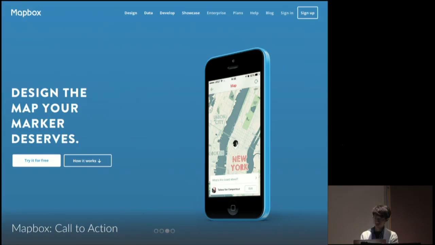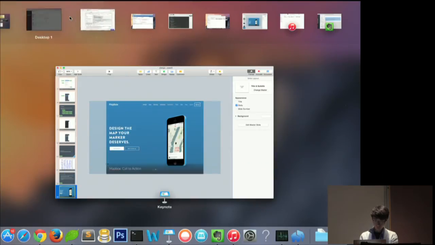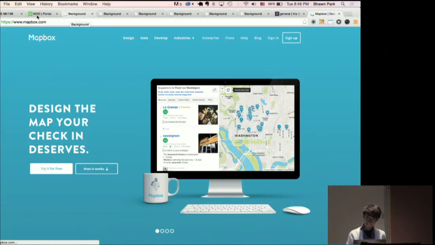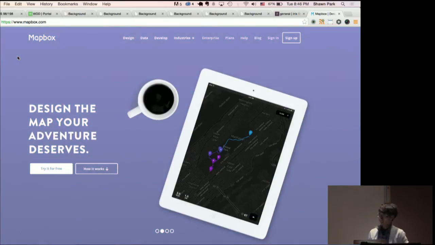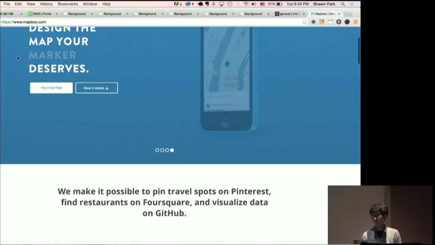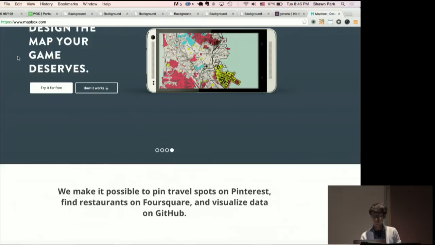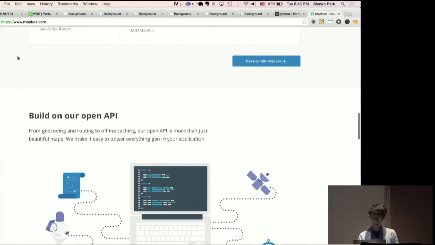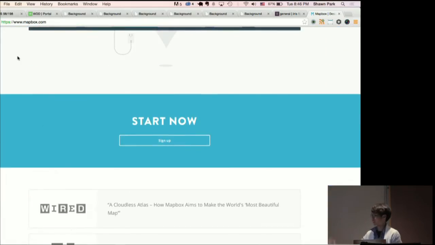A good example of a website is Mapbox. Let me show you the website. Mapbox.com. I don't quite know what the app is, I just find this user interface beautiful. But it starts with a call to action. Their call to action is "Try it for free." This button is what the makers want you to click on when you visit the website. And as you scroll down, if you're not yet convinced to try it for free, it asks you to read more about the app a little bit more. So there's a "Read on," and they end the page with another call to action: "Start now." Are you convinced yet? If you're convinced, then start now.